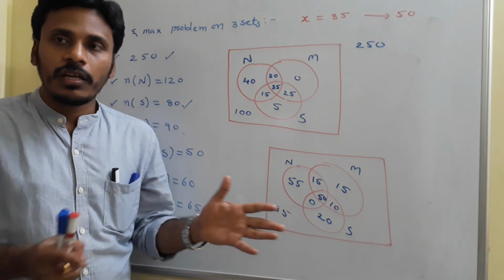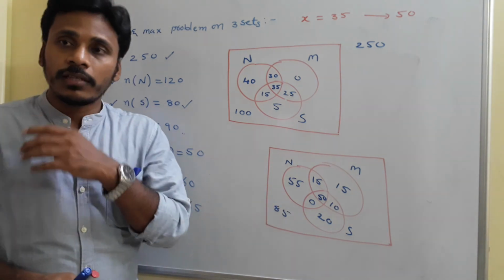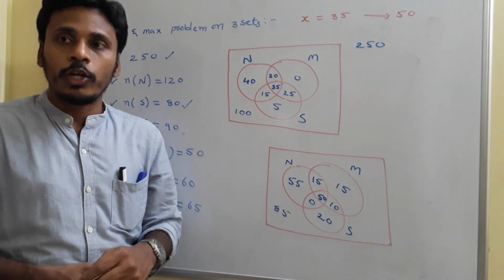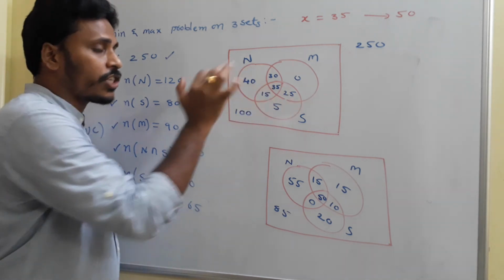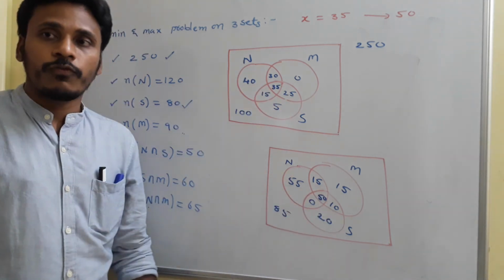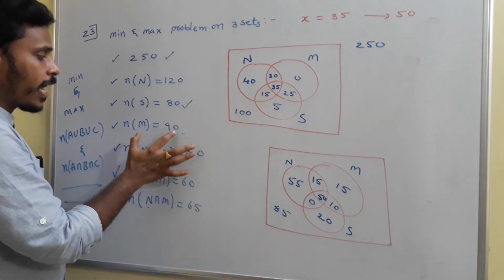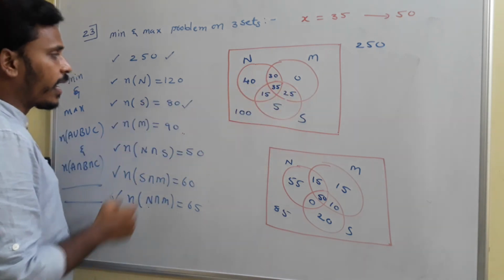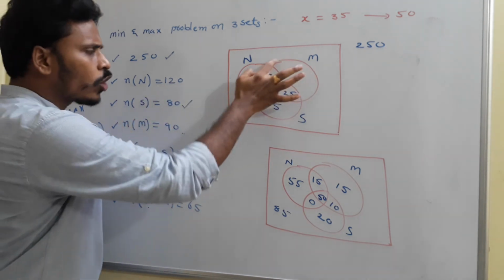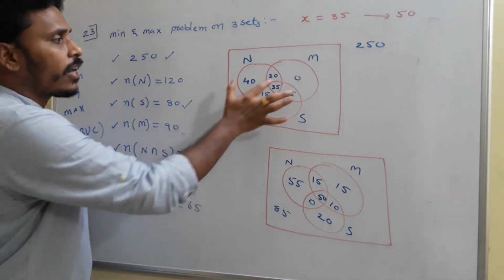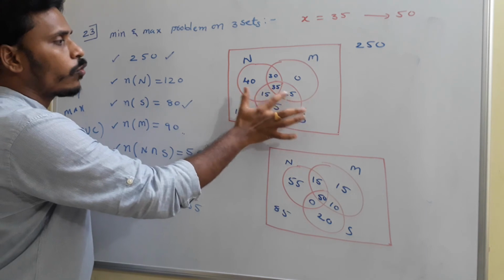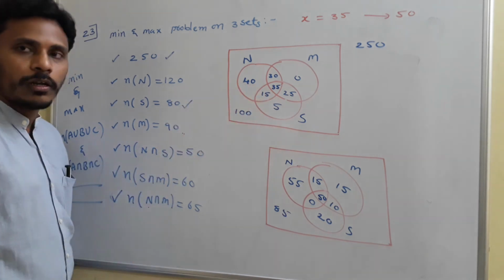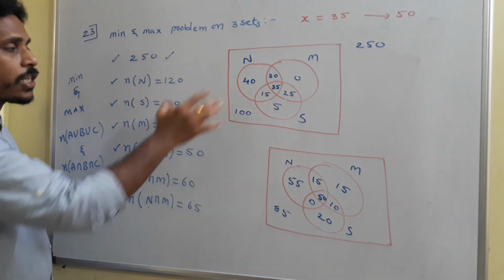So to check, I need to sketch the extreme Venn diagrams. Extreme Venn diagrams, in the sense, one diagram for the minimum possible value of the intersection part and the other diagram for the maximum possible value of the intersection part. So this is the diagram if the intersection is 35, and that is the diagram if the intersection is 50. If the intersection part is 50, then as per these numbers like 50, 60, 65, to balance those I replace these numbers, okay? And again, since 120, 80, 90 are there, everything in this circle must be 90. Based on that, I need to fill this as 0, because 35 plus 25 is 60, plus 30 is 90, so I need to take 0 here. Again, this number becomes 5 and that number becomes 40. Now if you check, all these conditions are satisfied with this Venn diagram.